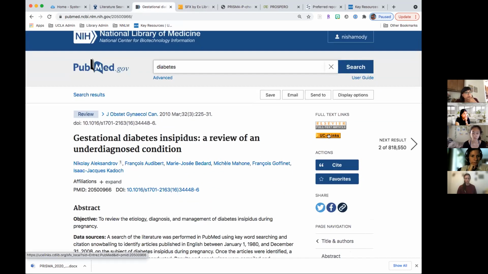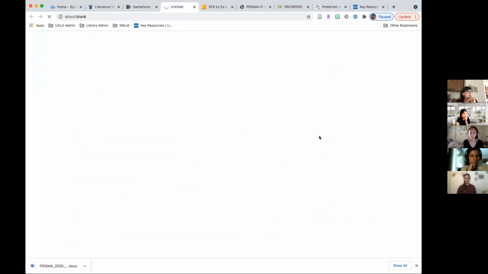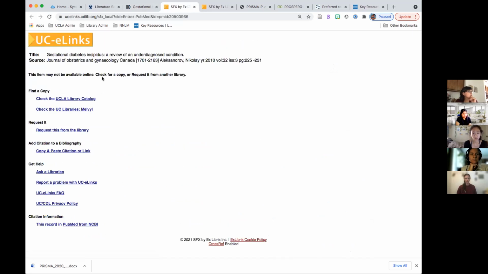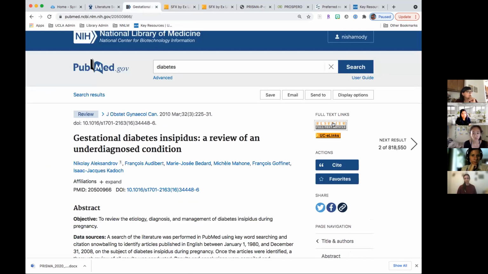You can go through UCE links, but you could also just click on the full text article here. If that doesn't work, you can go through UCE links. Sometimes it has multiple routes to get to articles. Oh, this is interesting. It says not online. So let's see what happens when